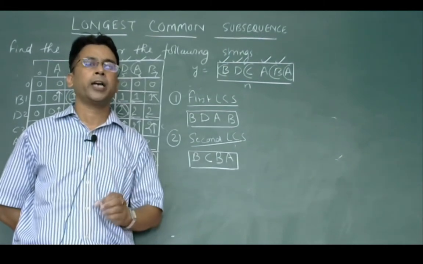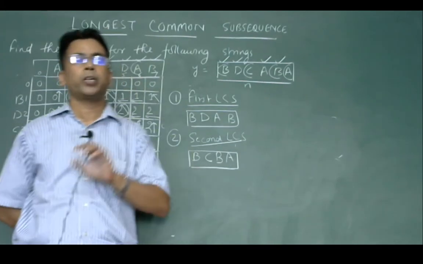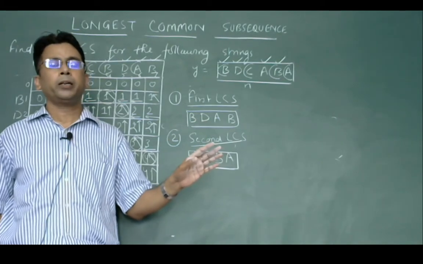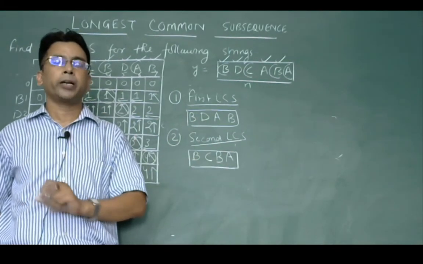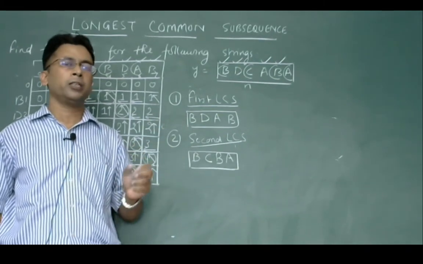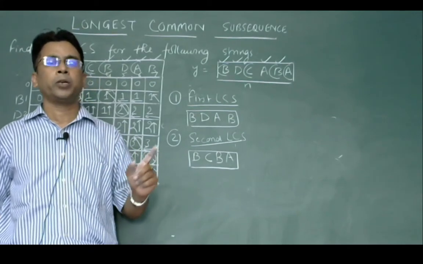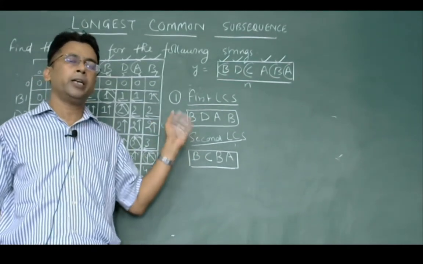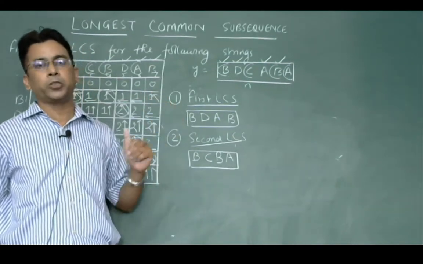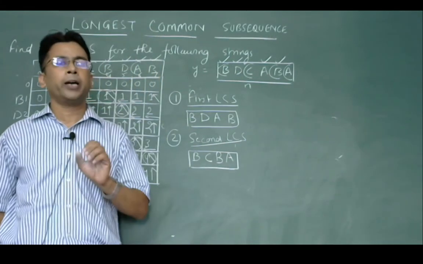To fill the value C[i,j], we have to check whether xi is equal to yj or xi is not equal to yj. Xi is the first string alphabet and yj is the second string alphabet. If xi is equal to yj, then there is a match. In the match position, we fill the value C[i,j] equal to C[i-1,j-1] plus 1. Or diagrammatically, it is the value that is 1 greater than the value placed in the diagonal position. And we mark this position by an inclined arrow B[i,j].